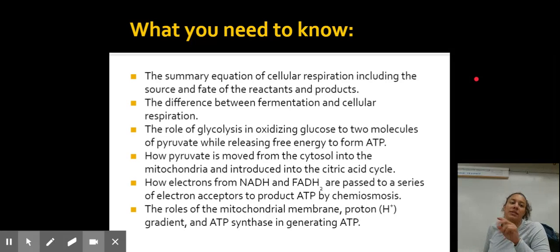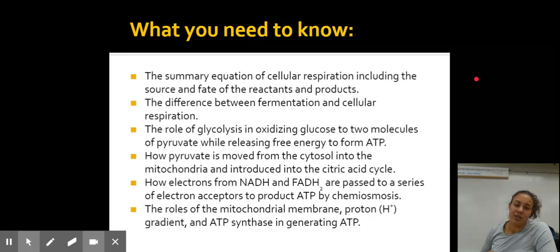There's going to be three main steps that go with cell respiration. One of the steps is called glycolysis and how that plays a role in oxidizing glucose into a molecule known as pyruvate. The next step is called the citric acid cycle. So we'll focus on how that pyruvate moves through the citric acid cycle and couples with these electron carriers, NADH and FADH. Then they'll go through a final step, which is